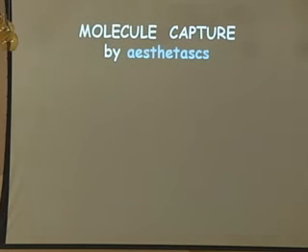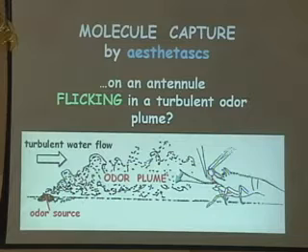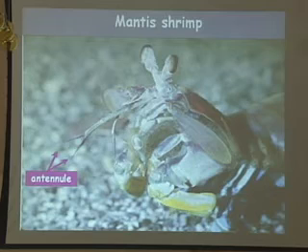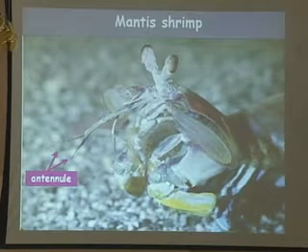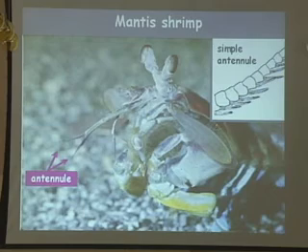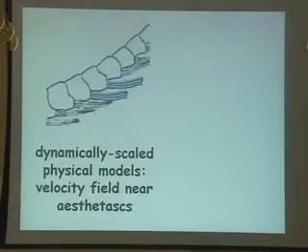So it's now got this snapshot, but what are the odors getting to the aesthetascs? And so we have to now look within the aesthetasc array at how the odor molecules are diffusing. So when an animal sniffs in a turbulent odor plume, what's the flux of molecules to the actual chemosensory hairs? And we examined this question using mantis shrimp because, remember, they have a very simple hair array on their antennule. And so they have only 3 chemosensory hairs on each